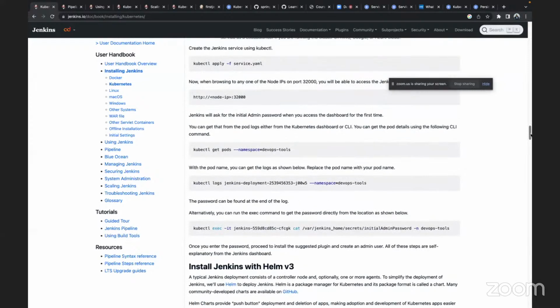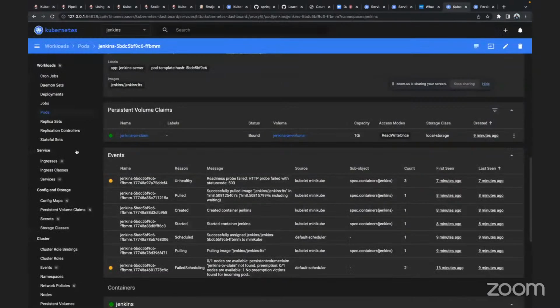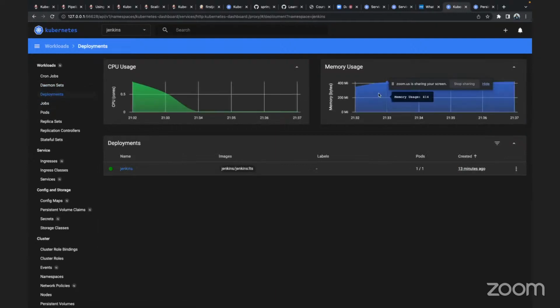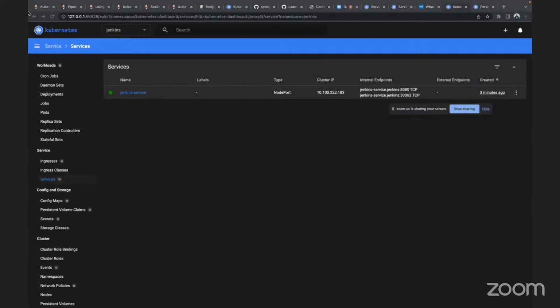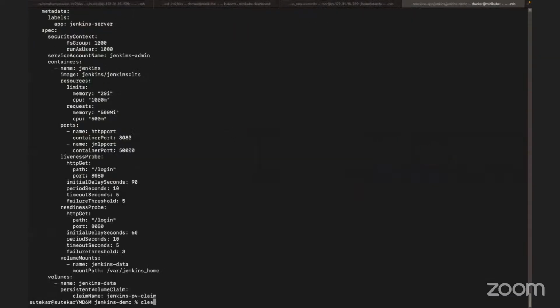Then to access your Jenkins, what they are saying is, first you need to check the pods whether everything is running fine. We can always use the dashboard and check from here that Jenkins is running properly in the Jenkins namespace. We have this deployment, everything is healthy, memory and CPU are fine. Services, Jenkins service, okay. Now to access our Jenkins from minikube, we know we need to do minikube